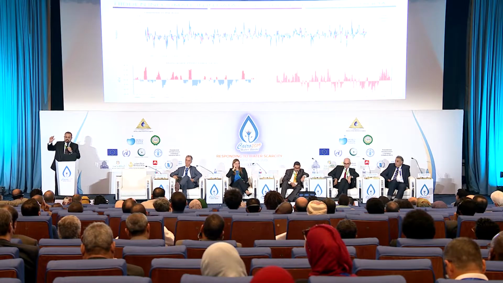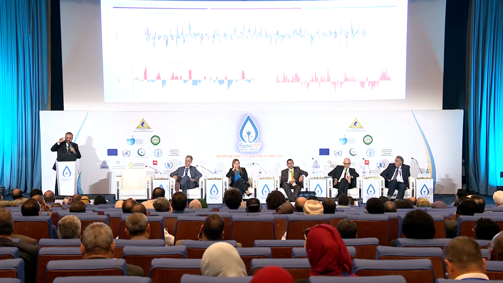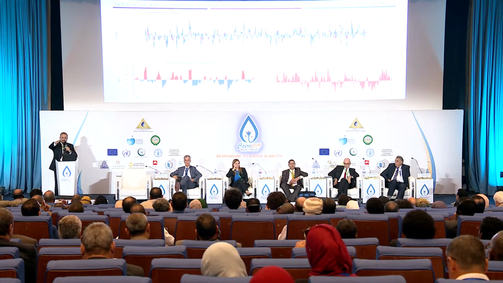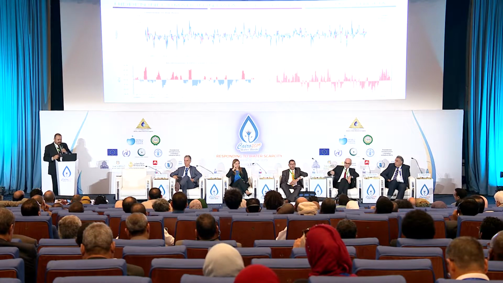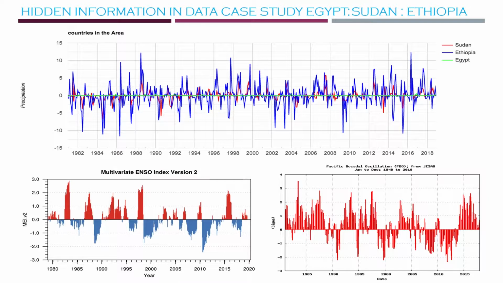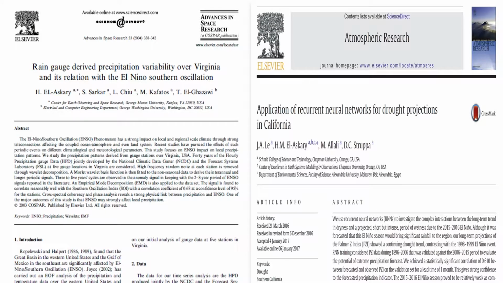So I chose to compare three countries, Egypt, Sudan, and Ethiopia, just for easier comparison, and because El Nino is affecting that eastern part of Africa more dramatically. The two charts down below are a representation of some of the indices, some of the parameters that we can use in order to assess the severity of the phenomenon, and just to establish the kind of work that we did in the past, similar to this.